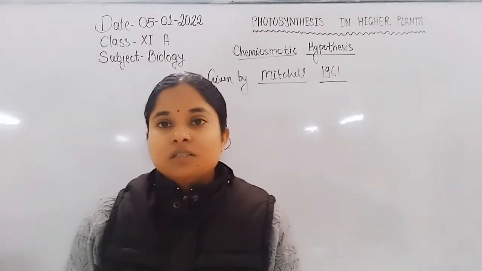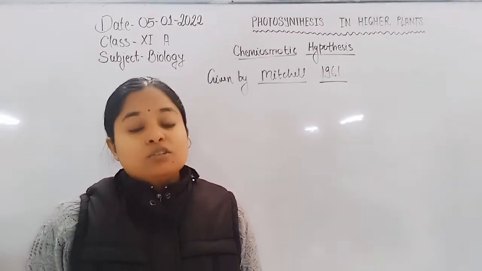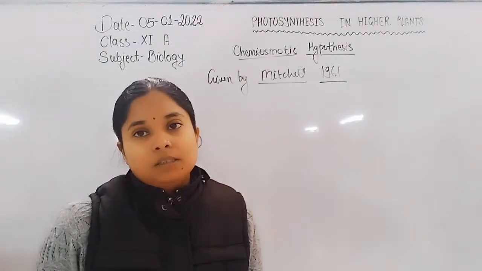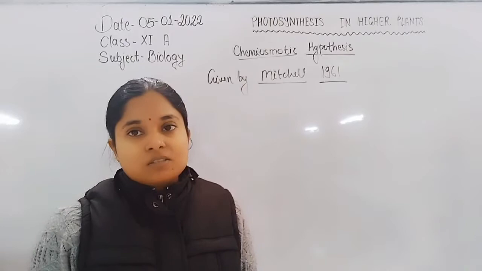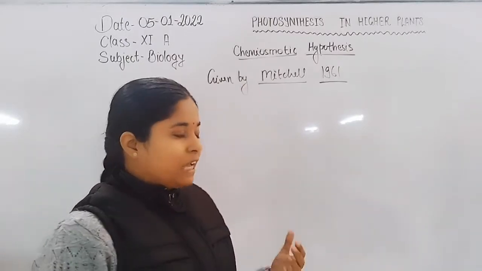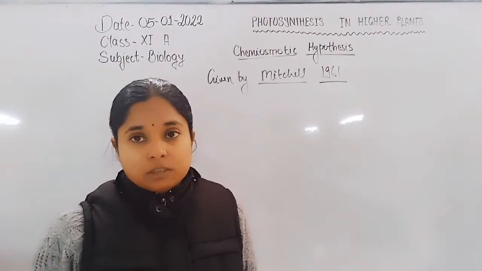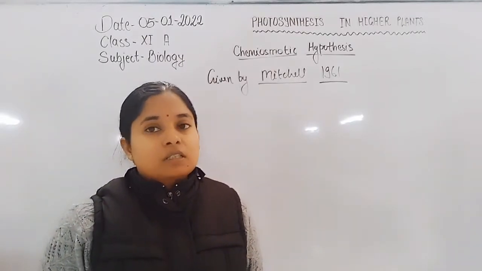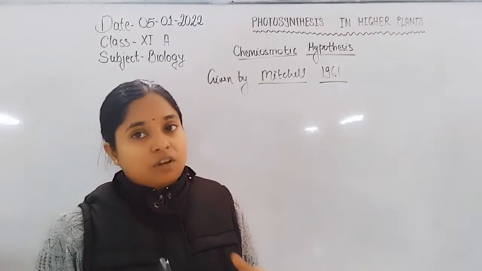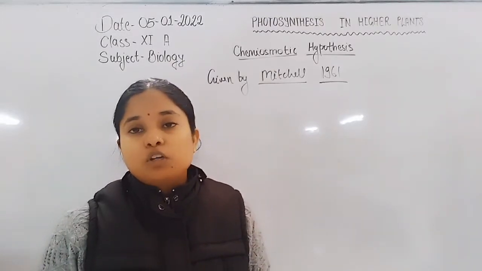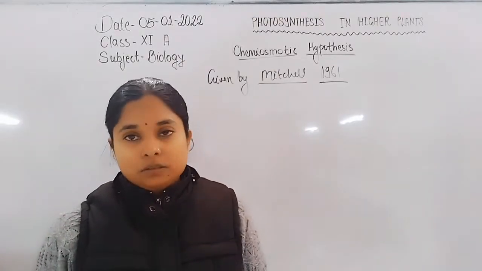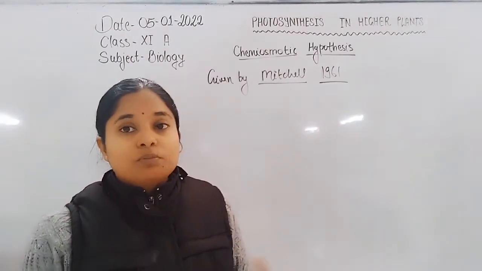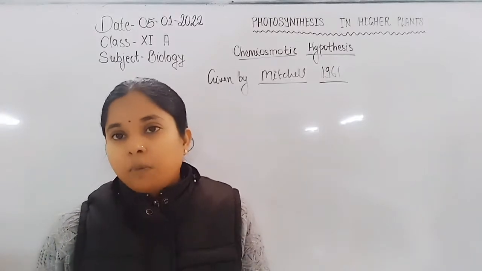The chemiosmotic hypothesis explains how ATP gets formed from the F0F1 particle. So what we need for the synthesis of an ATP molecule from the thylakoid membrane and thylakoid lumen together. First, we will discuss how the proton gradient functions in the synthesis of ATP from the F0F1 particle. ATP gets synthesized from the electron transport system, both in mitochondria and in chloroplast.